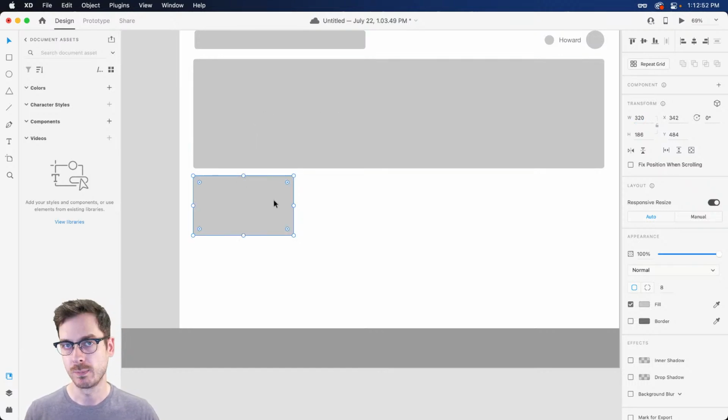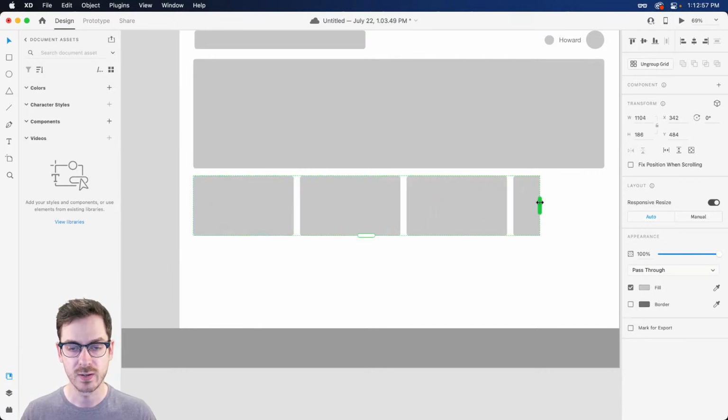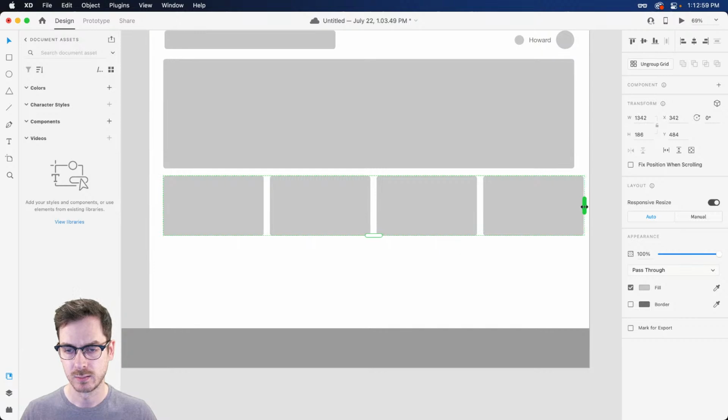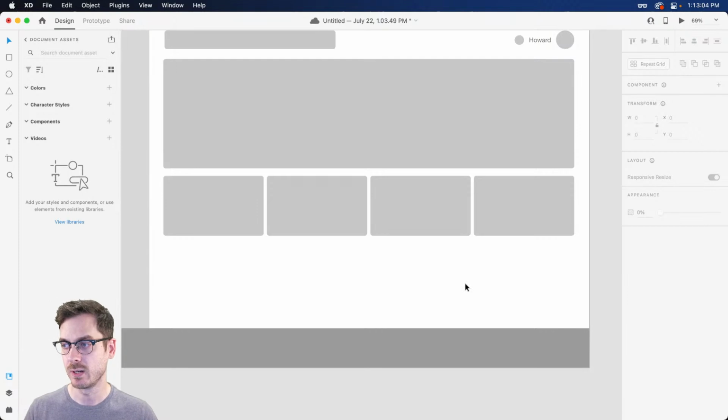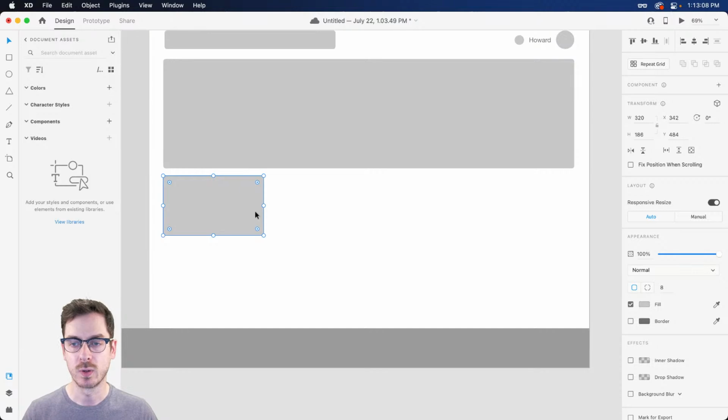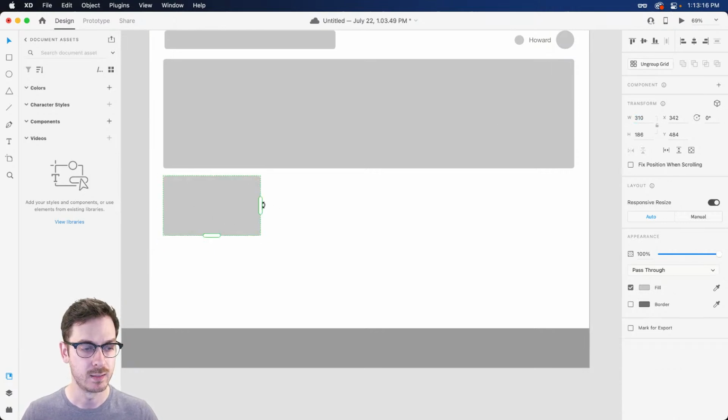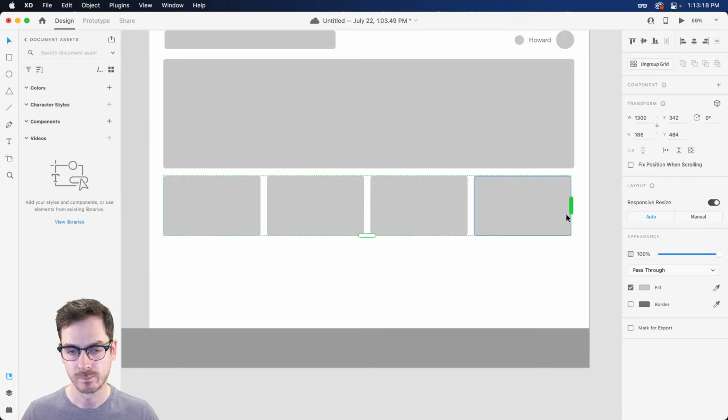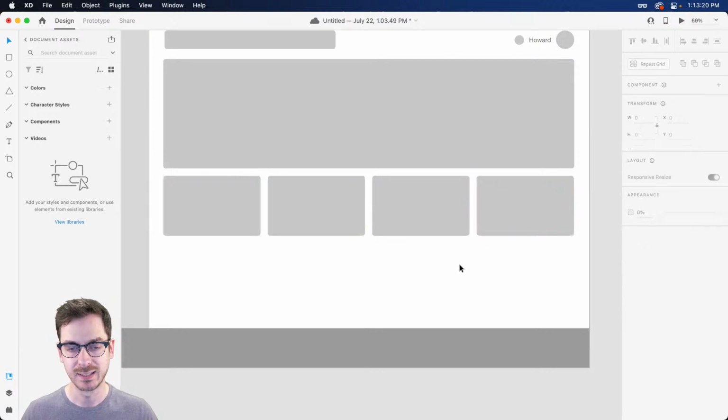So that way, when we do get to the point where we're going to be using a repeat grid or a stack, right? We can very easily, there we go. And it looks pretty good. Now, of course, if you wanted more space or less space, you would change that value where I -8, right? And you can do something like -16. There we go. Maybe I'll round it down to 310. And then the same thing. So now we'll have basically the same thing with a little bit more space, which I think looks a little bit better. A little bit more breathing room never hurts, right?